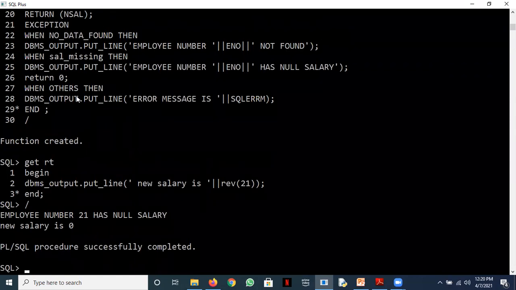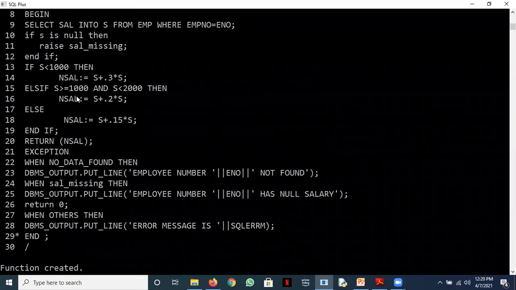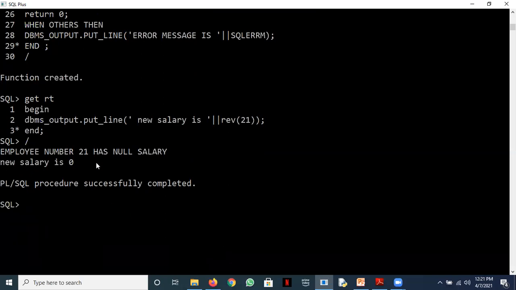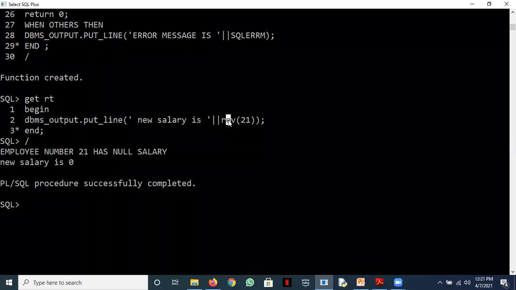Employee number 21 has null salary, that is the message that we give. And obviously, when the function is returning here, the new salary is 0. This function called rev21 returns a 0.